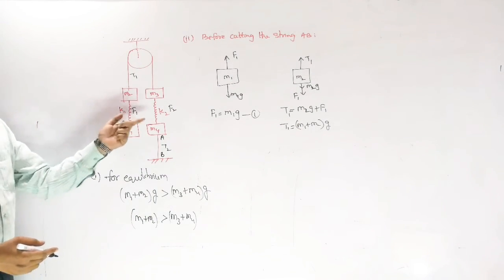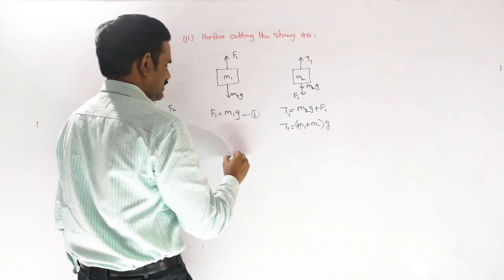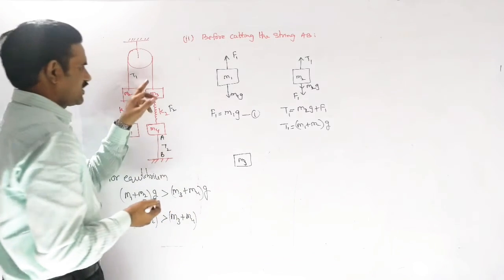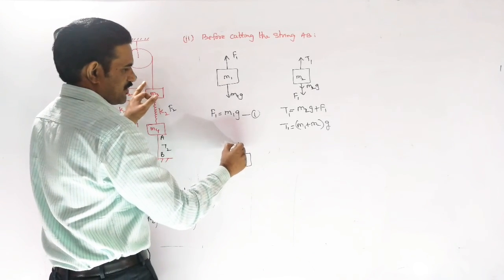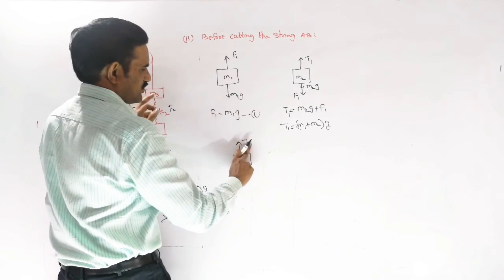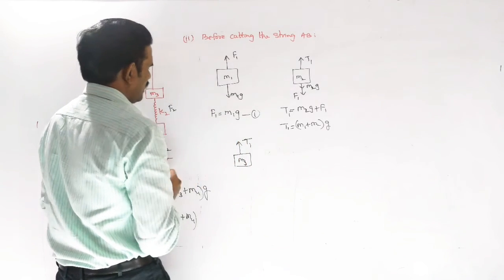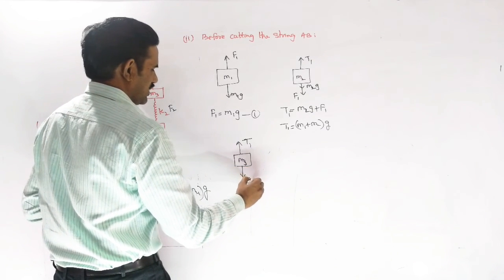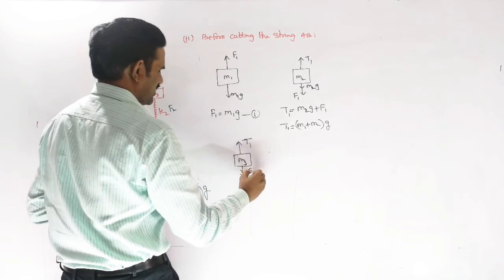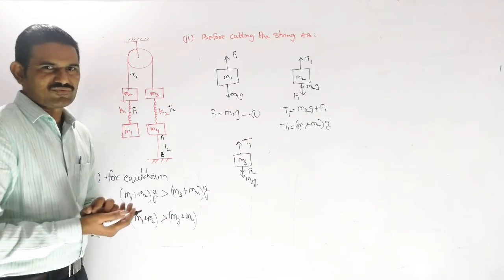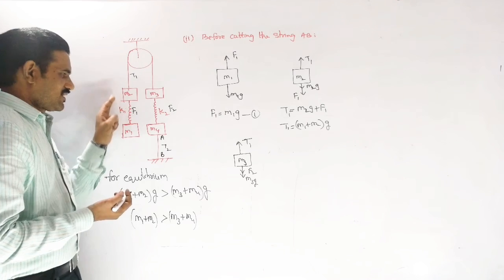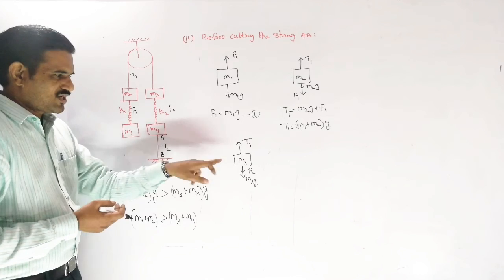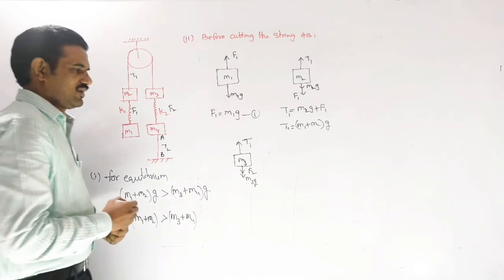Now let us take the free body diagram of M3. Let us write the forces acting on M3 here. Tension will be there in the upward direction, which we are taking as T1. The remaining forces are M3G and some spring force F2, which is the spring force we are taking as F2. As the system has some greater weight, definitely this spring will also be in an elongated state only, so I am taking that F2 force in the downward direction.